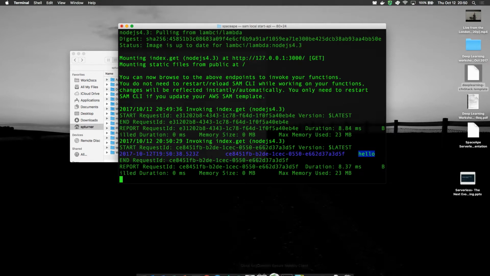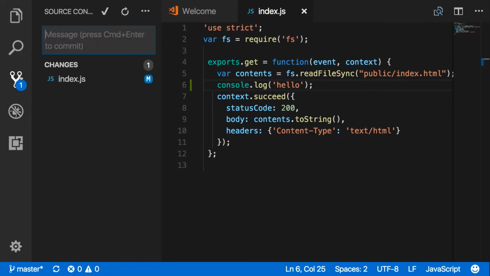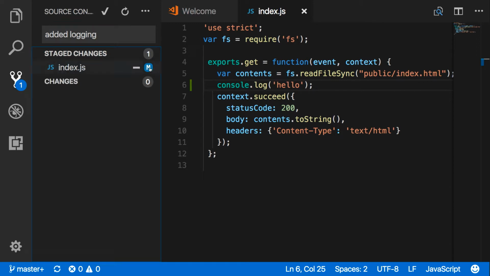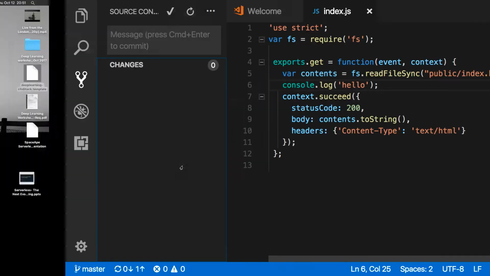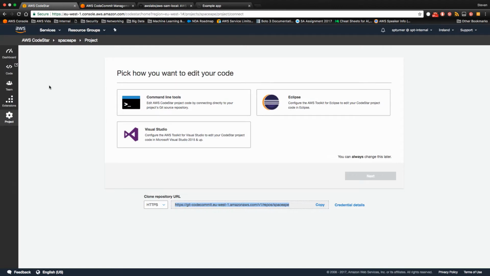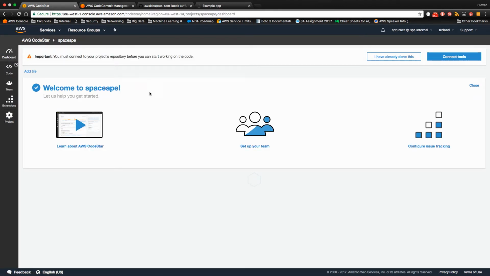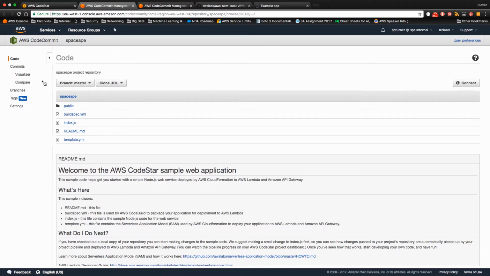And if you want to try and get ahead of yourself a little bit, you can always do things like commit the change as well. So put in here "added logging", and I just save that and push that up there. And then hopefully what you'll see actually in CodeStar itself, if I go back to the dashboard, is you will see elements of where that's already been done. So go into the CodeCommit part, go into the visualizer.